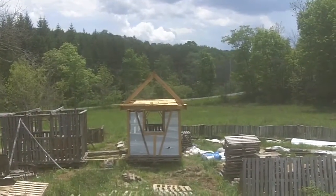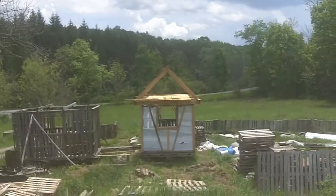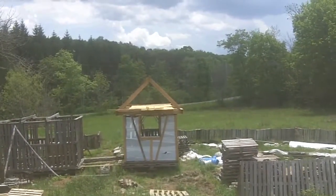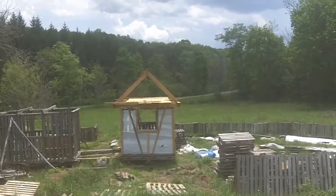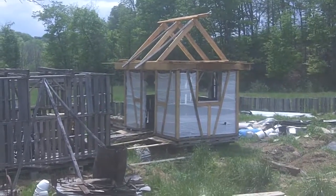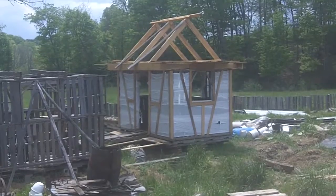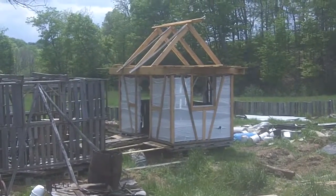I don't have the horizontal. Some of the structural trim is still not on there, but anyway, I'm going to go down there now. Well, there you can see a little bit more of that structural trim, the rail midway up. Now it's just sitting there. It's not even tacked in. The braces are